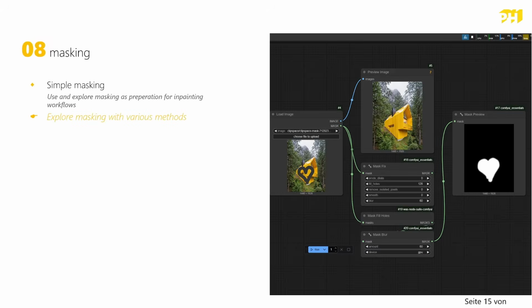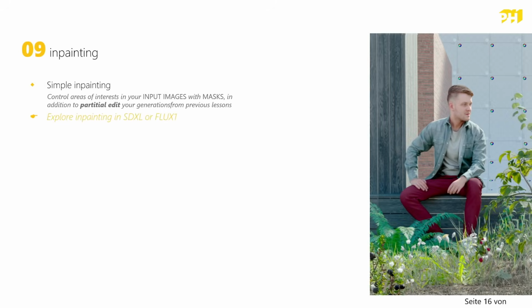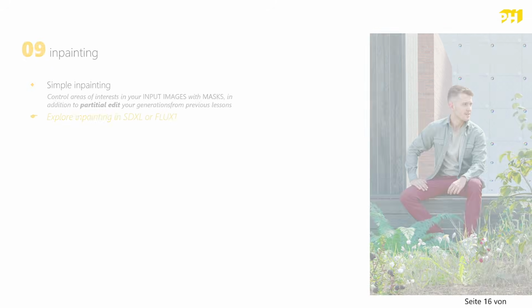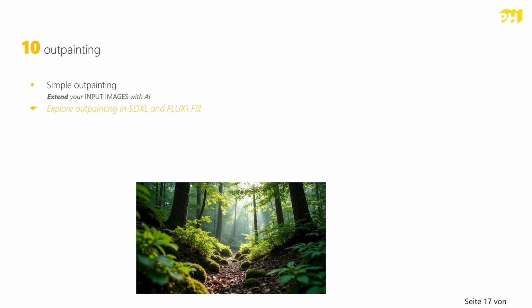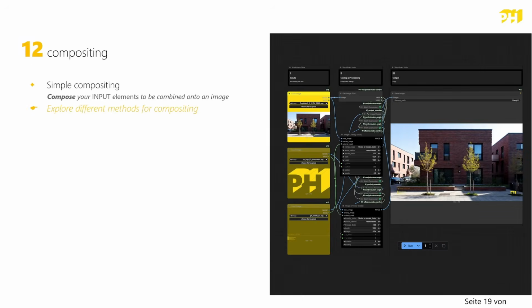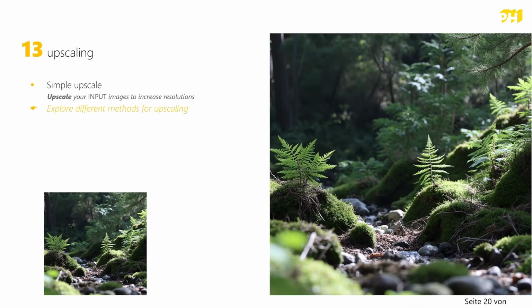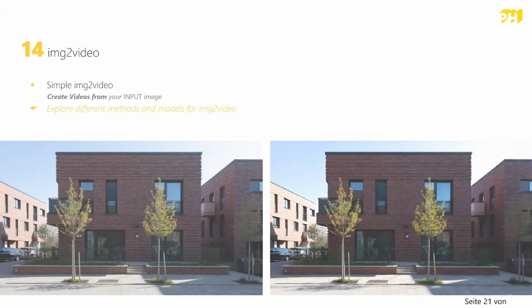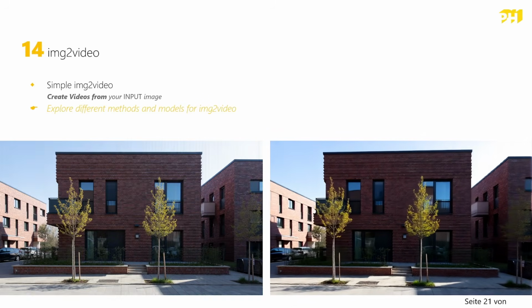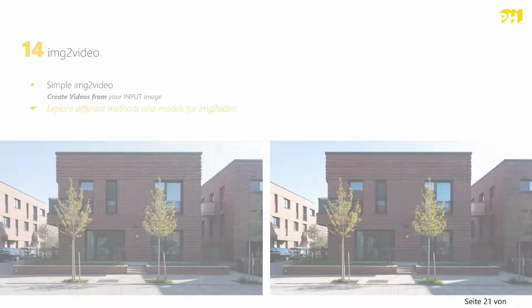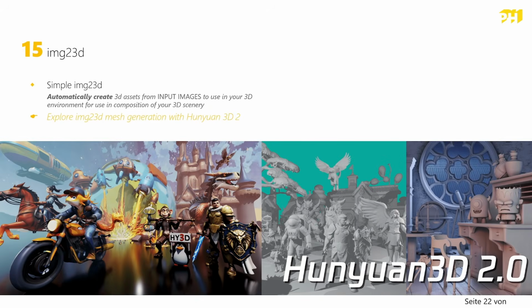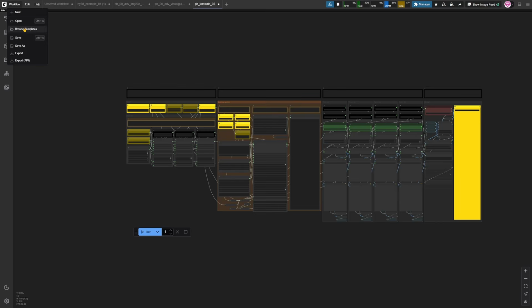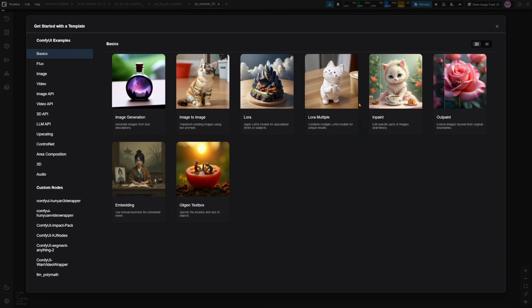We are going through masking, then in-painting, out-painting, segmentation, compositing, upscaling, image to video, and image to 3D. Meanwhile, there are a lot of great default examples included already in ComfyUI, and some of